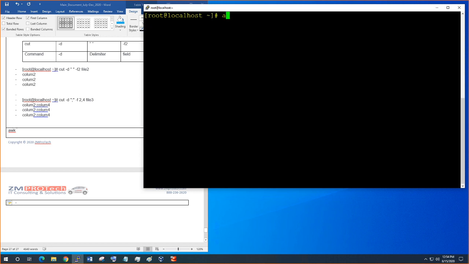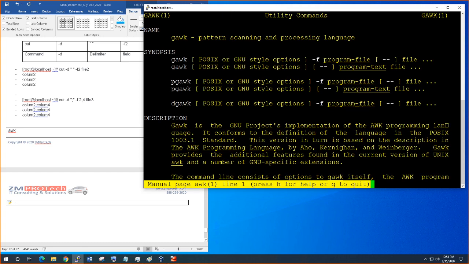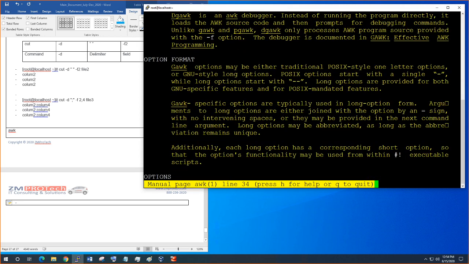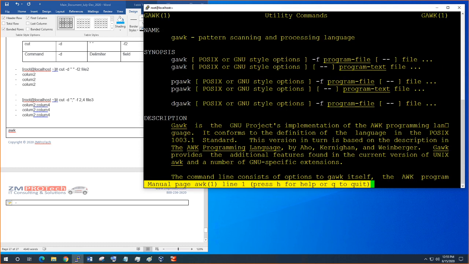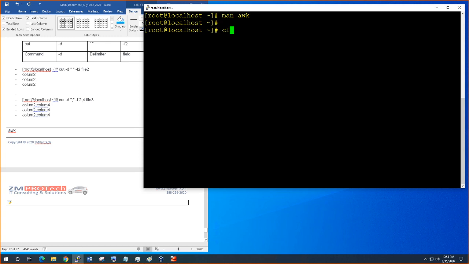So you type awk, AWK, and then what you do is, this is the pattern here. If you do man awk, it gives you an example here of how you use it. So you type awk space, and then you open single quotes and a curly bracket, okay, and then you type print